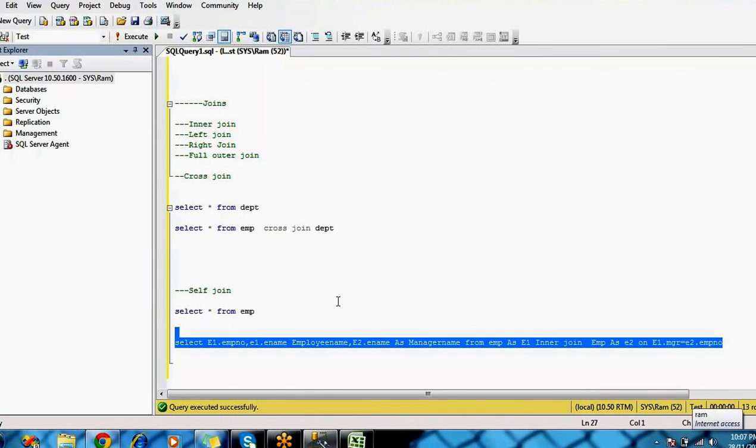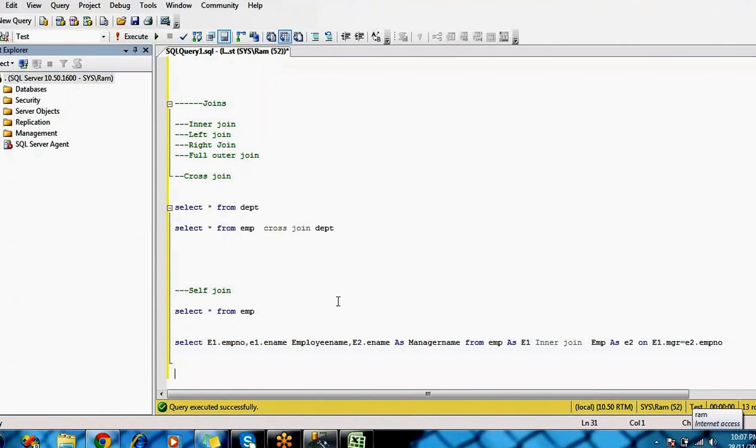So this way you can join a table with itself, self join. Okay, right. So you can use inner joins, left joins, right joins, full outer joins, any kind of joins, on more than one table, more than two tables. You can do multiple joins based on the common columns.